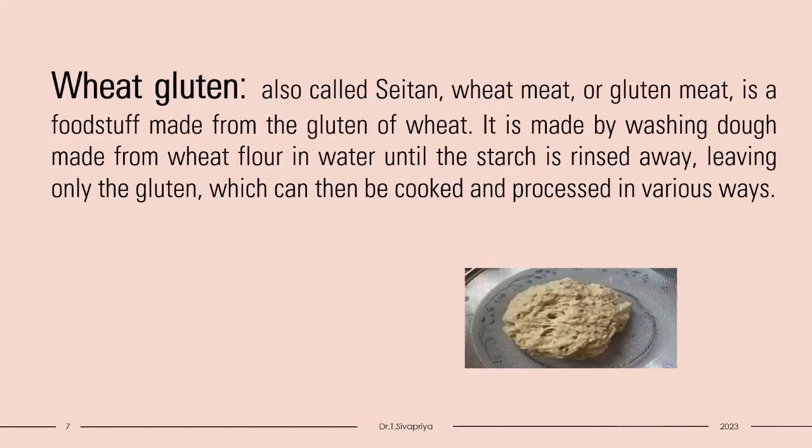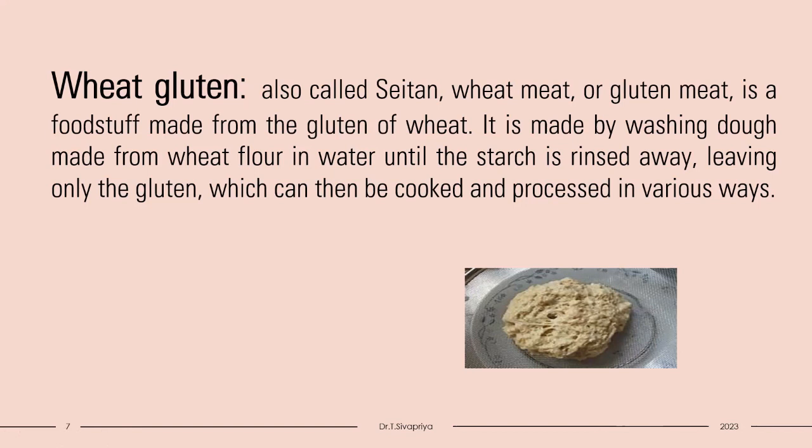Next product is wheat gluten. Wheat gluten is also called seitan, wheat meat, or gluten meat. It's a foodstuff made from the gluten of wheat. It is made by washing dough made from wheat flour